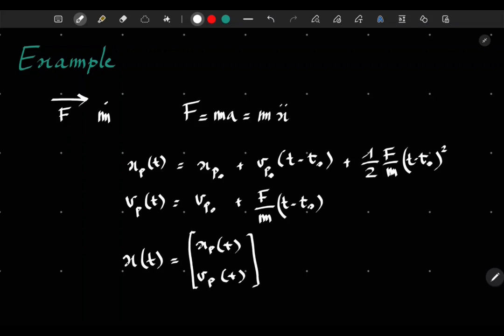In this very simple case, we have an explicit representation of the system, like the one we have seen before, given by the laws written here. This takes the form of a mathematical law which describes the relation between the states of the system, xp and vp, and both their initial values, the initial and current time instance, and the system's inputs, which in this case is just force f. Finally, we may only be able to measure the position of the particle xp, for example, but not its velocity. And this would give us an output relation, which has the form y of t simply equals xp